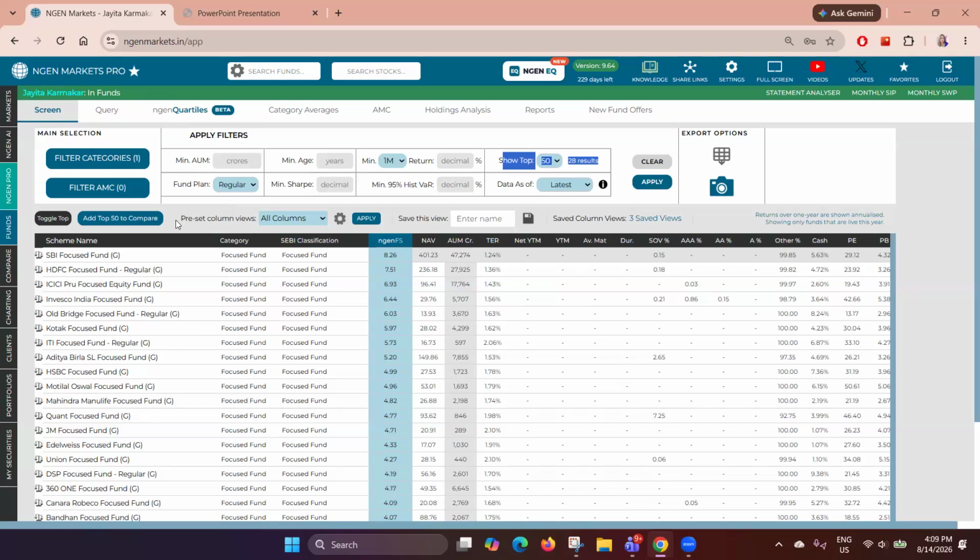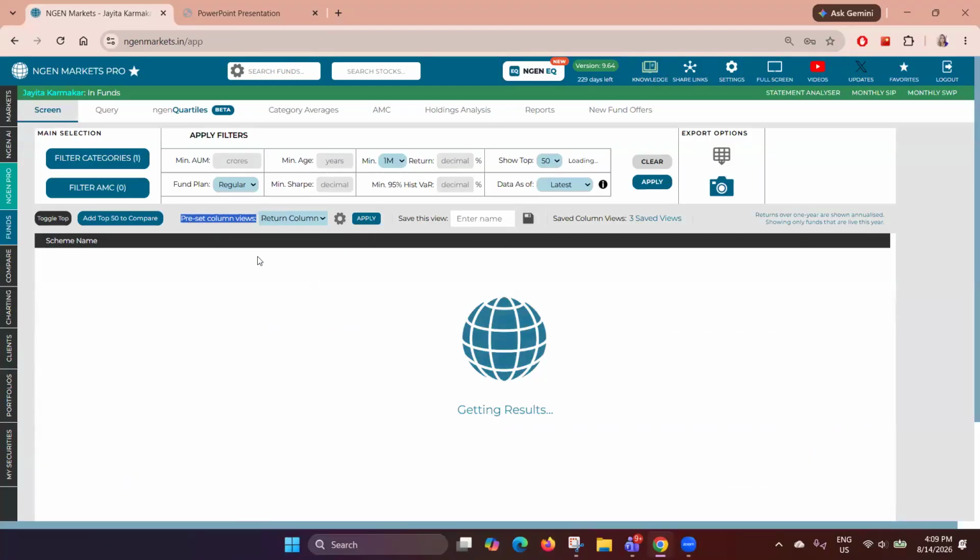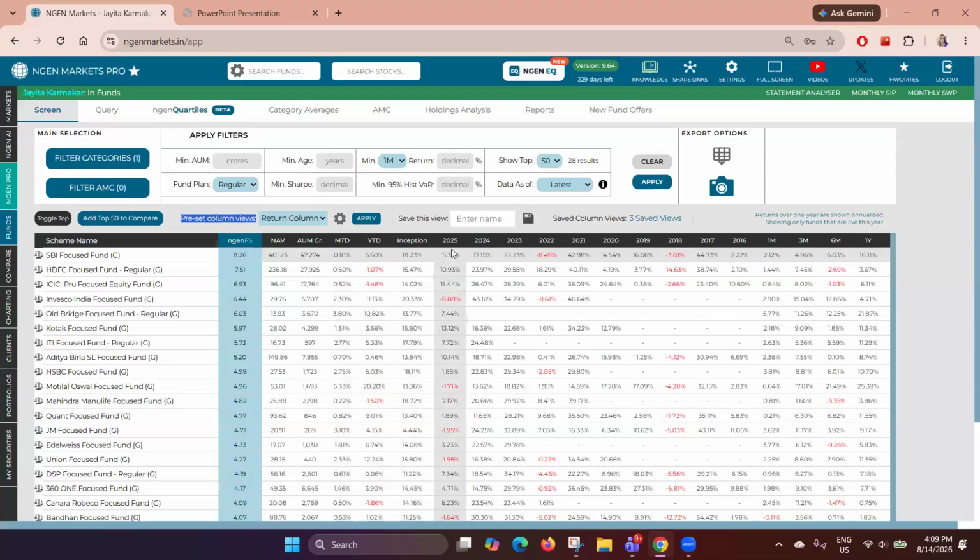So now on this preset column view section, if you click on the drop down, you can see some preset column view which you can select as per your preference. If you wish to look upon the returns columns only, then you can select this returns column view and all returns related columns will be loaded on this section. Now, if you wish to narrow down this long focused funds list using some filters from the top,